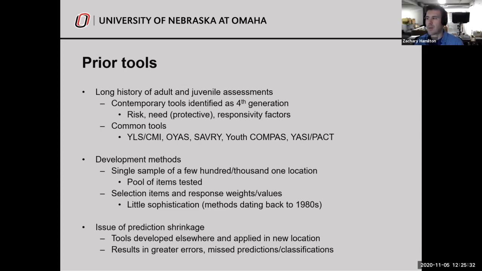There are several common fourth generation contemporary tools that are out there. The YLS is one of them. Recently, I would say within the past 10 years, some others have been created. The Ohio Youth Assessment, or the OYAS, the Savry, and the Youth Compass have all been created within the last 10 to 15 years. The YASI and the PACT are fourth generation tools,